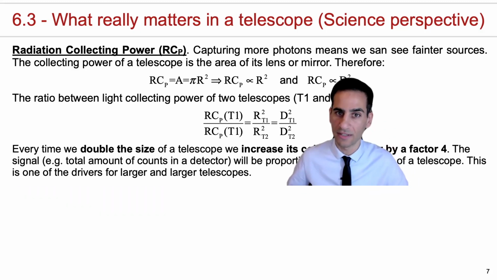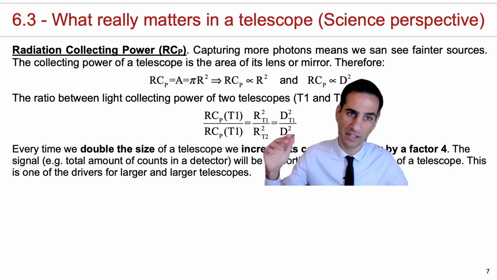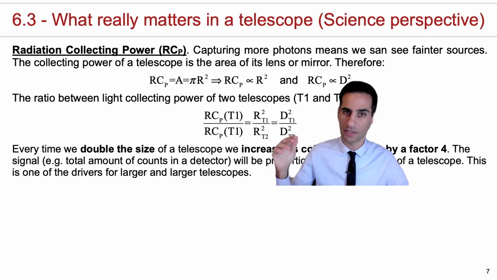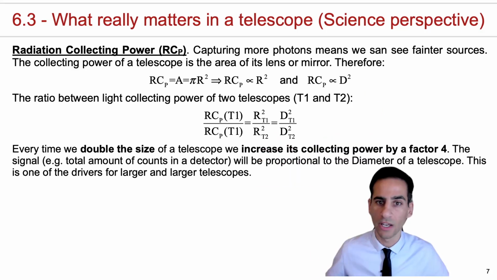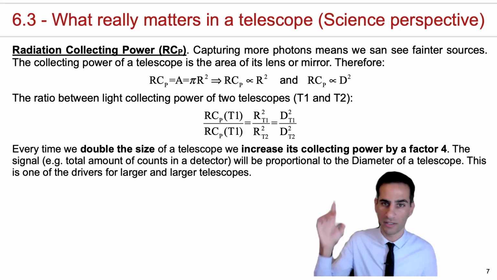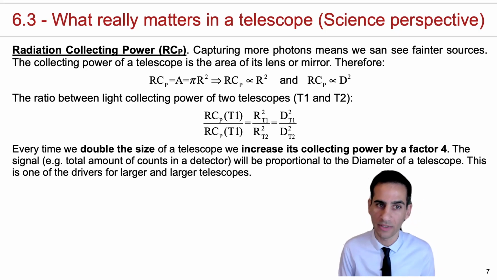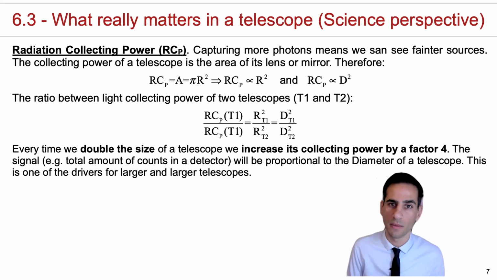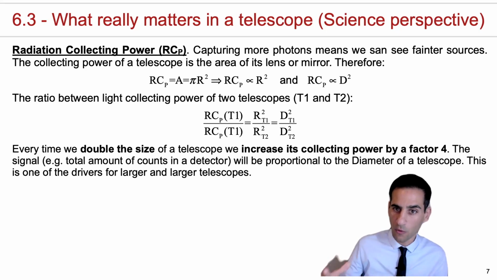And this obviously implies that if you're comparing two telescopes and the ratio of their radiation collecting powers, you're essentially looking at the ratios of their radius squared. It also follows that every time you double the size of the telescope, we're actually increasing its collecting power by a factor of 4. This is one of the main drivers for making telescopes which are larger and larger, because every time you gain by a factor of 2 in size, you're actually gaining by a factor of 4 in